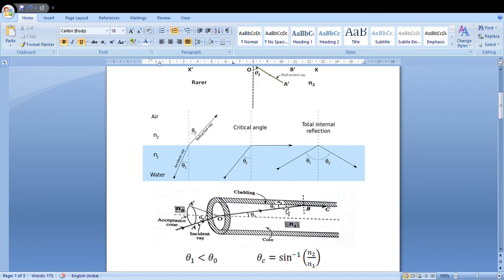Now let us consider a special case where light suffers a critical incidence at the core-cladding interface. A ray begins its journey along AO, and this is your angle of incidence at the mouth or tip of the optical fiber. Now it enters from a rarer medium to a denser medium. Obviously it can be water or air or any other medium apart from this N1 and N2. N1 is the refractive index of the core and N2 is the refractive index of the cladding,